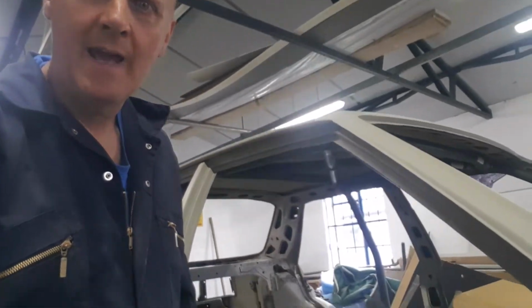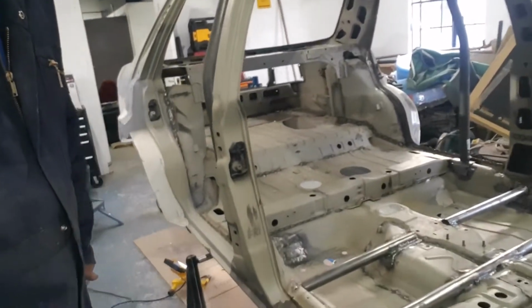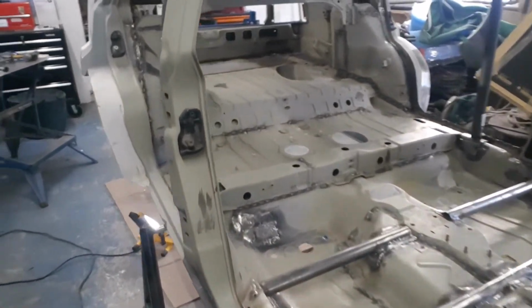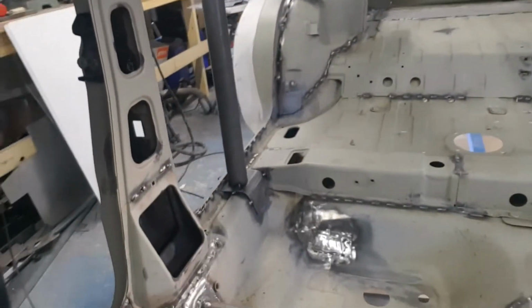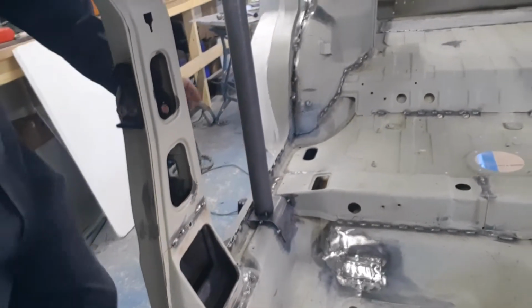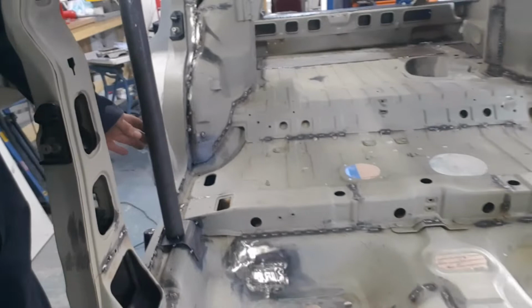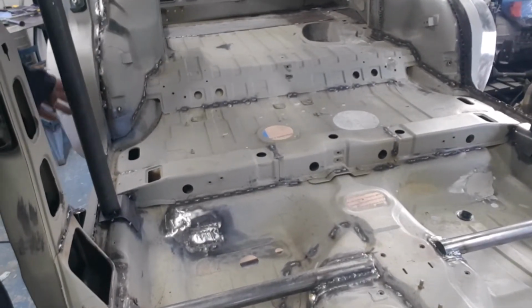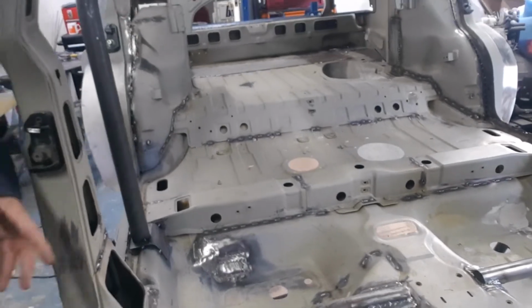Okay, so we've welded up what we can get to by having the car on its side. That was pretty good for access. So what I'm going to do now, we've got it back down on the sill stands again, and I'm going to crack off the spot welds that we had before, and then basically we're going to get a ratchet strap across the bottom of the main hoop and the front legs,